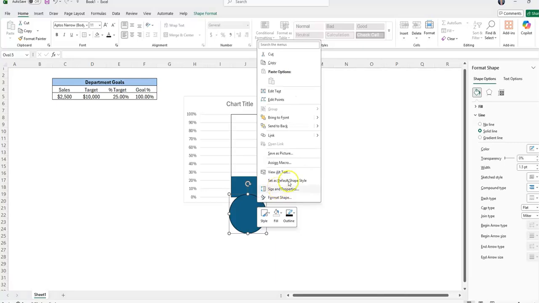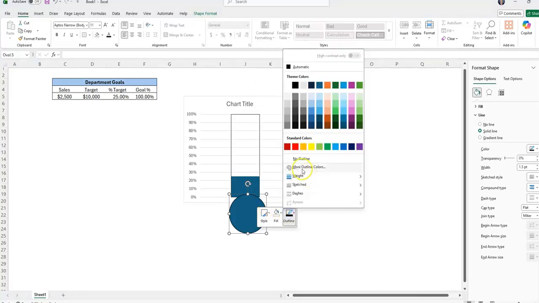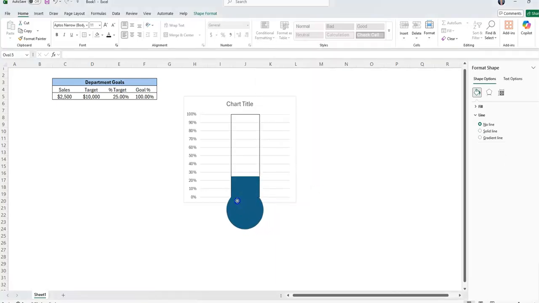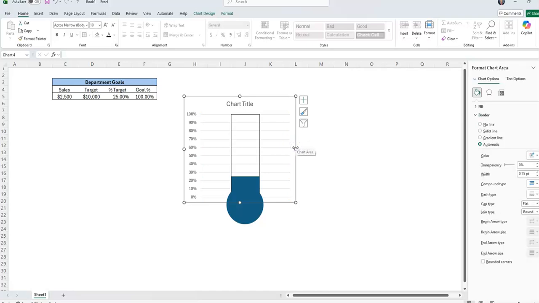And you're going to want to have this shape have no outline, so right-click on it and select No Outline, and drag it into a place where it looks kind of like a thermometer. Of course, you're going to have to play around with the sizes to get this look the way you want it to, but now we just kind of have the essence of the chart as a whole. I'm going to make this a little bit skinnier,